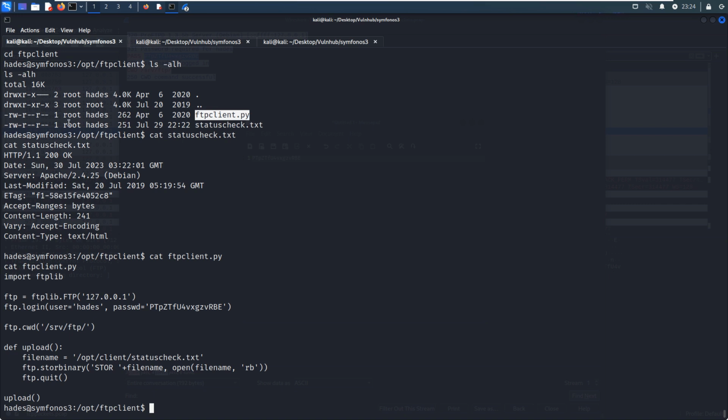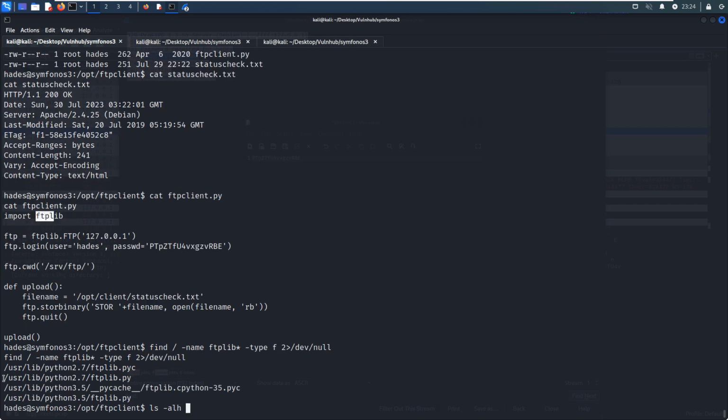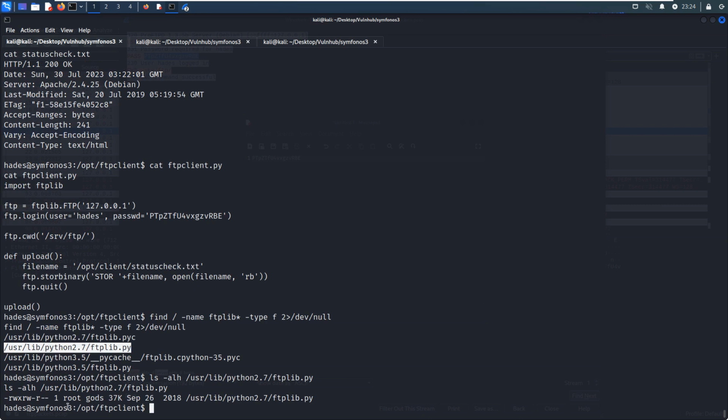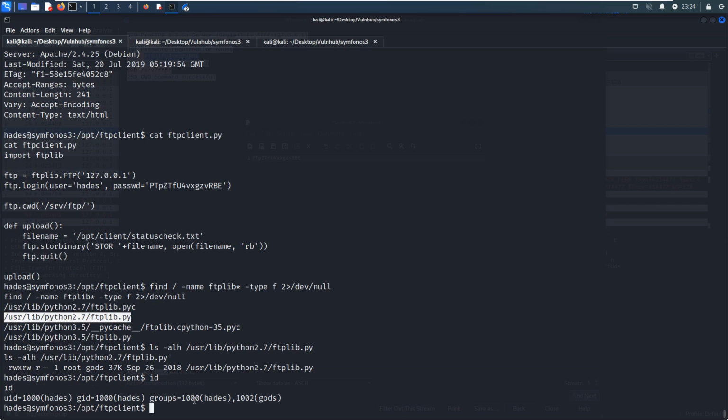And now we can check whether we can manipulate this module. We can locate ftplib, and the type is a file. And we can check the privilege settings. So it means that we can check the ID. As you know, the headers user belongs to the gods group, and for the gods group members, we can modify this Python script. So I think now we can echo